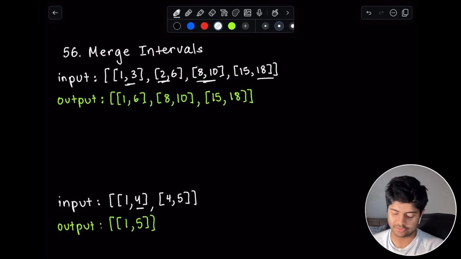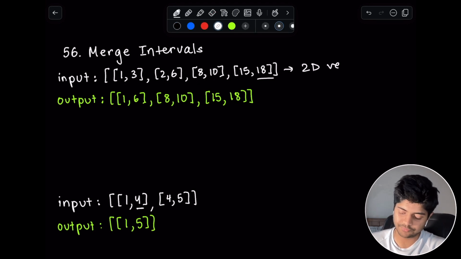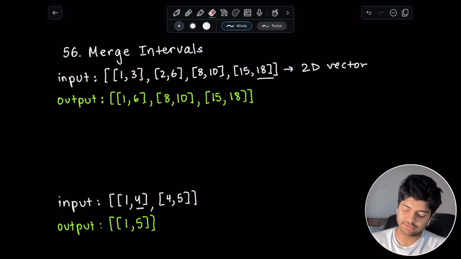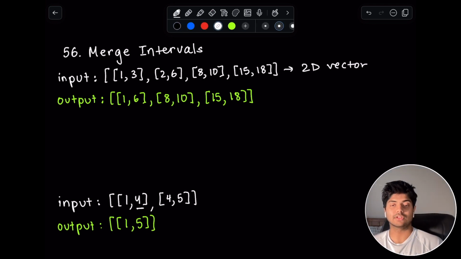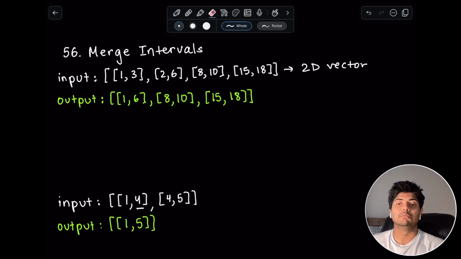Today we're going to be going over question number 56 on LeetCode, which is called merge intervals, and let's get straight into it. All right, so I'm going to explain this on my iPad here. And so here we have the question, right? Merge intervals, and we're given that you have this 2D vector or array, right? And in this 2D vector, you have these arrays that are of size 2,